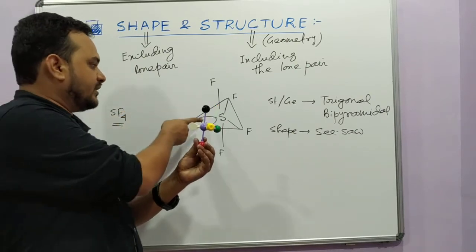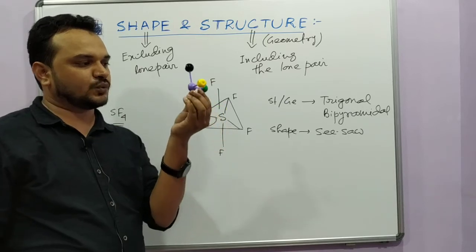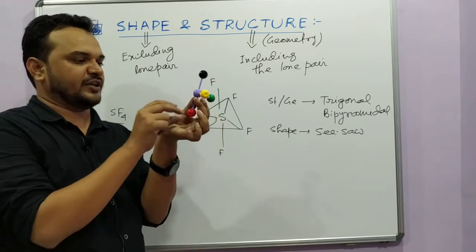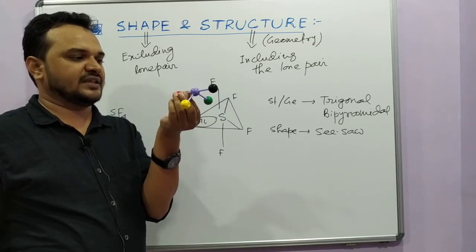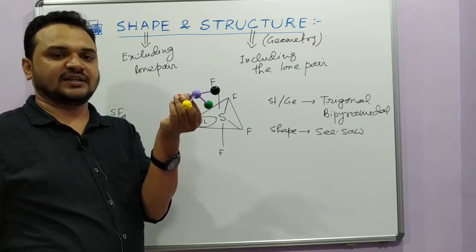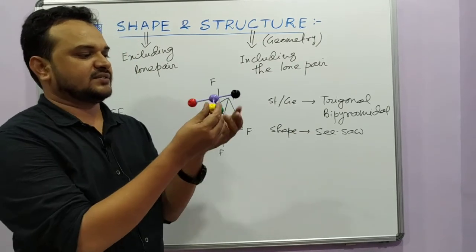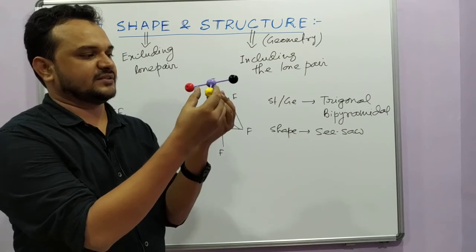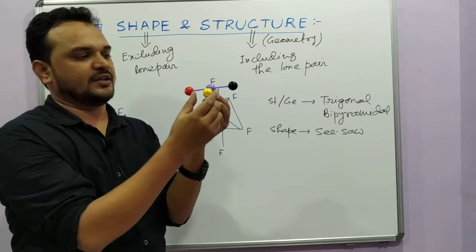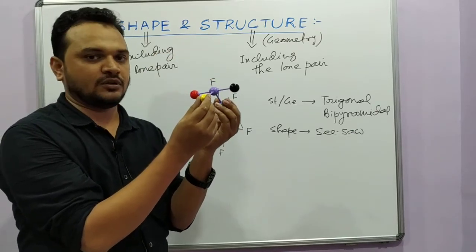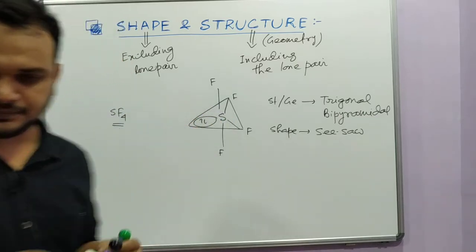But now when you are saying the shape, you have to exclude this lone pair. This one looks like a seesaw. If I show you like this, you can clearly distinguish that the shape is different. It is a seesaw. If you see children playing on a seesaw, it is the 2 basal beams that hold the rod, and the children sit here and play, right? So the shape is like a seesaw, but the structure here is trigonal bipyramidal.